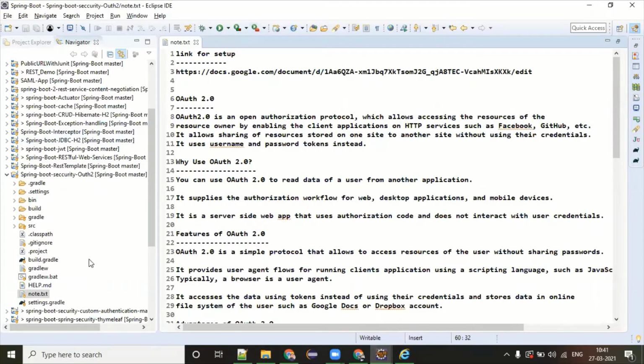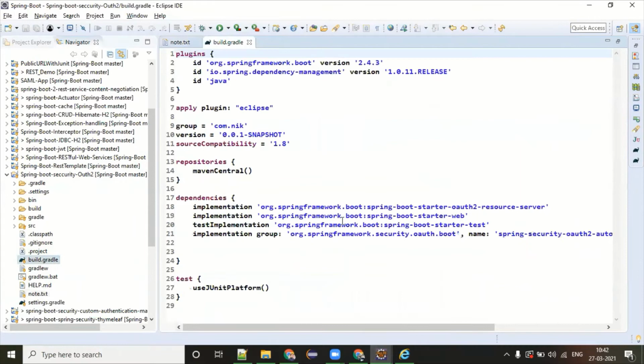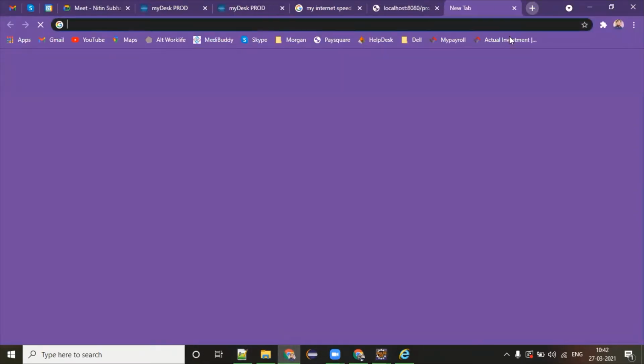Okay. So just like Maven, there is one more build tool called Gradle. In Maven, you have a pom.xml file, and in a Gradle project, you have a build.gradle file. Everything is going to be basics. If you go to the Spring Initializer here,